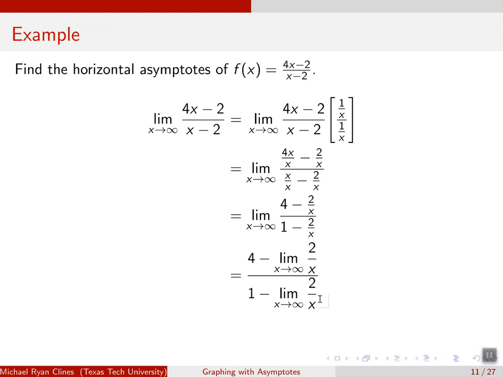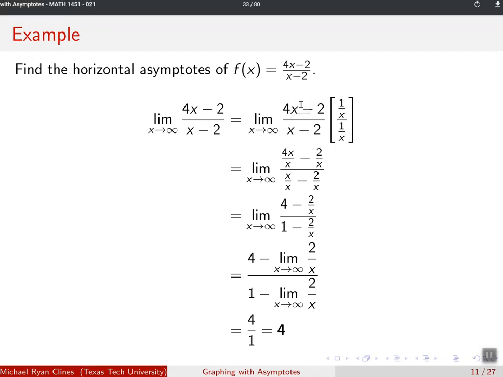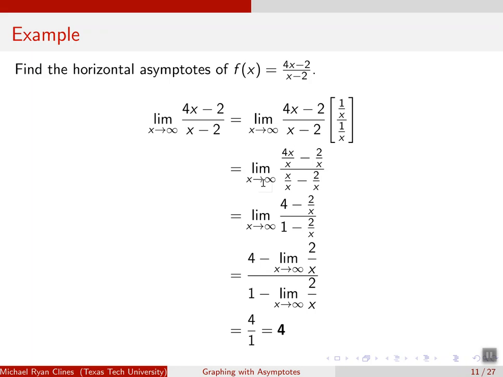So when we actually calculate the limits, we get that this is equal to 4 divided by 1, which is equal to 4. So we can conclude that we have a horizontal asymptote at y equals 4. Now, as a quick recap on what on earth we did, we recognized that there's an x value in the numerator and the denominator that are dominating these functions. And then when we took the limit as x approaches infinity of them,